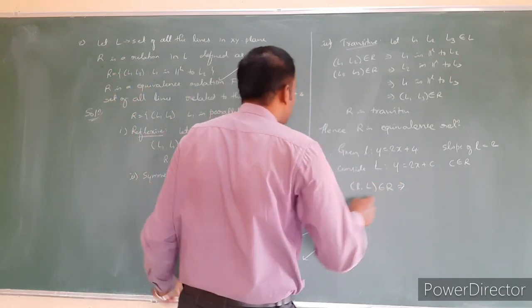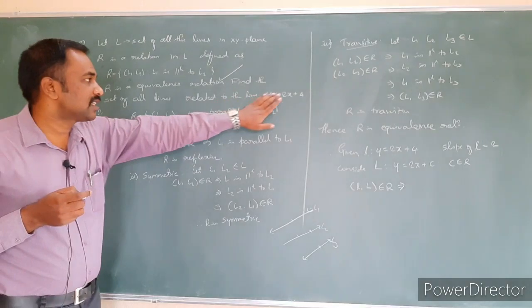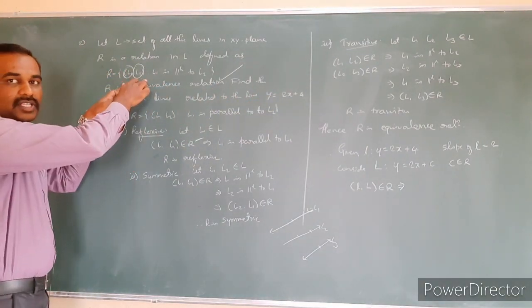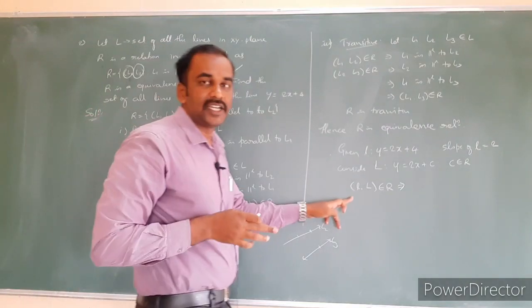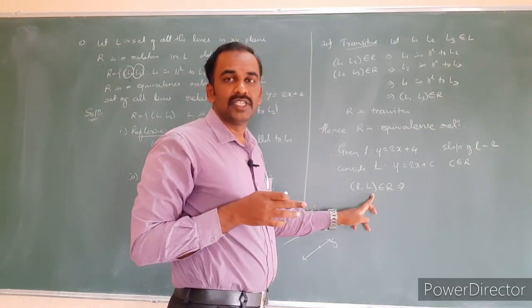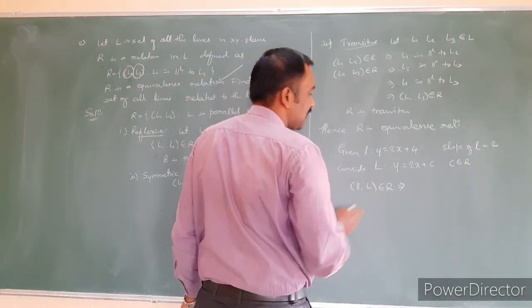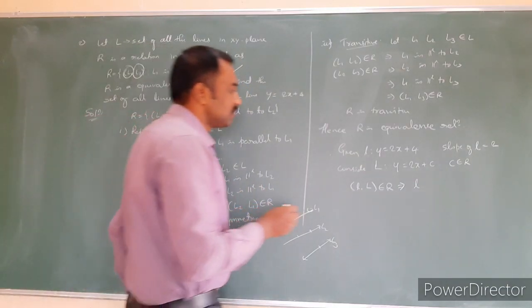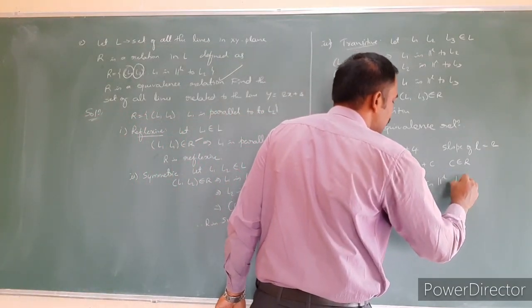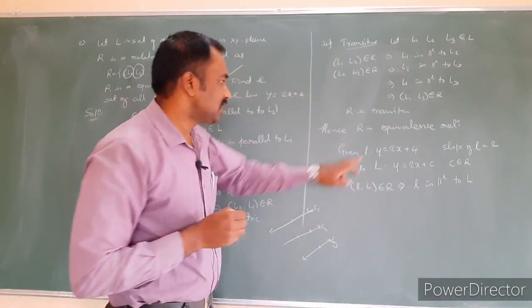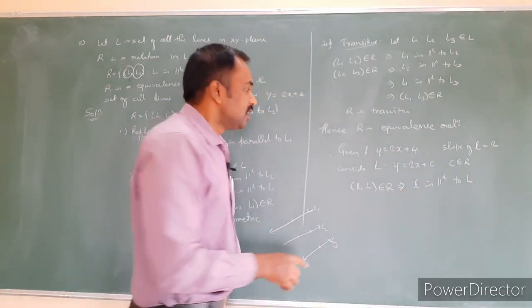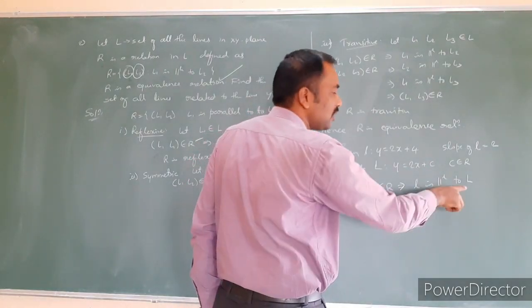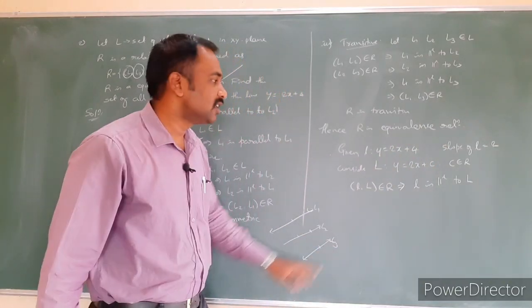How must it belong? Because related lines are required. What are the lines related to this one? One line is related to another line. In the same way I need to find it. So the given line is related to this capital line, that we can say. So how are these two lines related? Parallel. So l is parallel to the line L. The small l line is parallel to the capital line. That's why I consider that the slope of this line is this one. These two are parallel, which means obviously the slope will be 2.